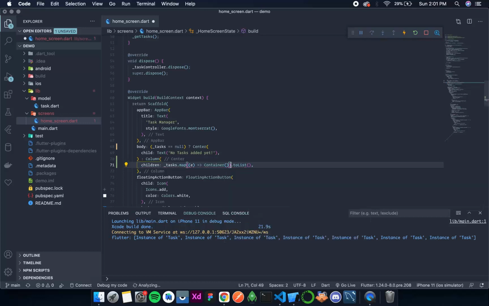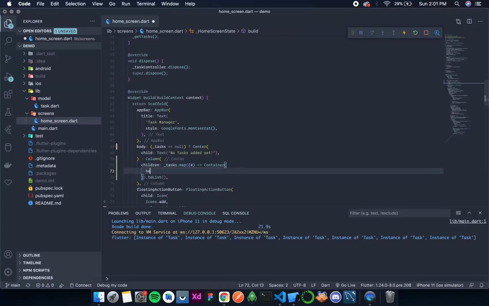Okay, now the container will have a height of, let's say, 70, and the width will be the entire width of the screen. MediaQuery dot of context dot size dot width. Okay, yes, so the error is gone.